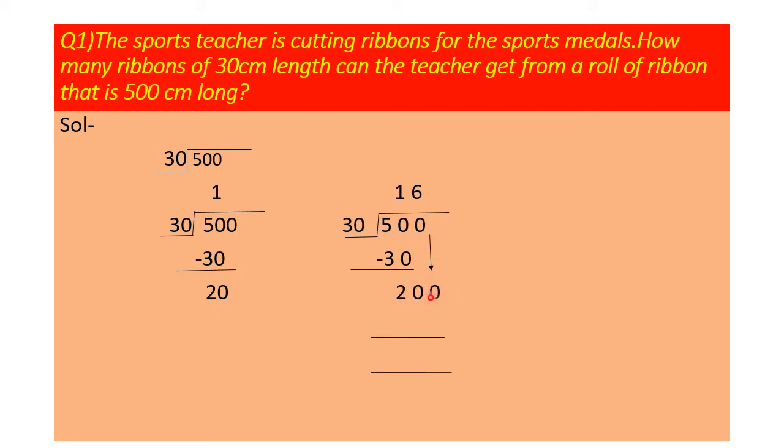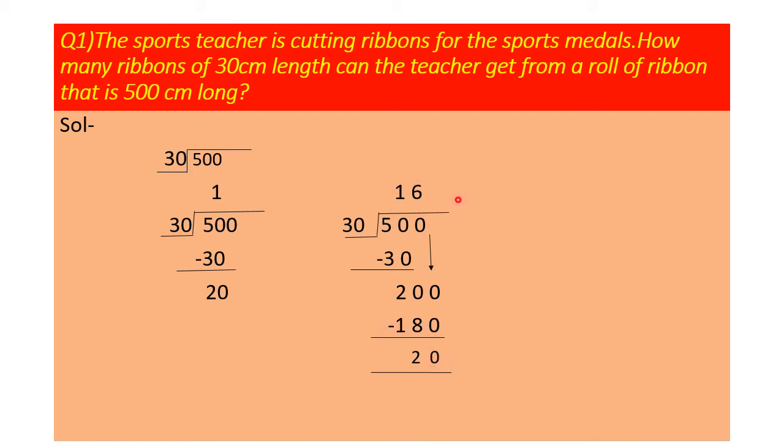Now if I ask you in how many times you will be able to divide 200 by 30, let us assume there is no 0. If I ask you in how many times you will be able to divide 20 by 3, the answer is 6. 6 multiplied by 3 will be 18, and in the same way 30 multiplied by 6 will be 180. If we multiply 30 by 7, it would be 210. So better we go with the smaller number. So 30 multiplied by 6 gives 180, and when we subtract we are left with 20.